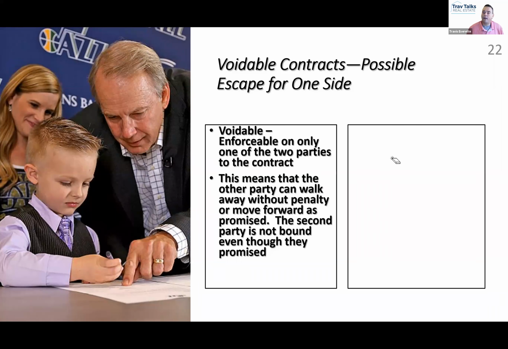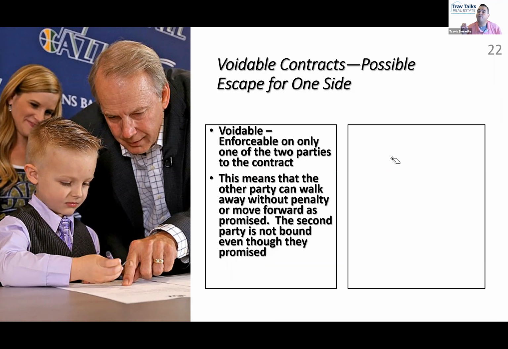So here's what that means, basically. One party is going to be bound to their promises. The other party, for some reason, and there's various reasons which we're going to talk about, is not going to be held responsible to their promises. And we'll say that again. When a contract is declared voidable, first thing you need to understand, does a voidable contract have legal weight? Yes, because if it had no legal weight, we would call it what? Unenforceable. We're not at the hot garbage stage yet, folks. It just stinks a little bit.